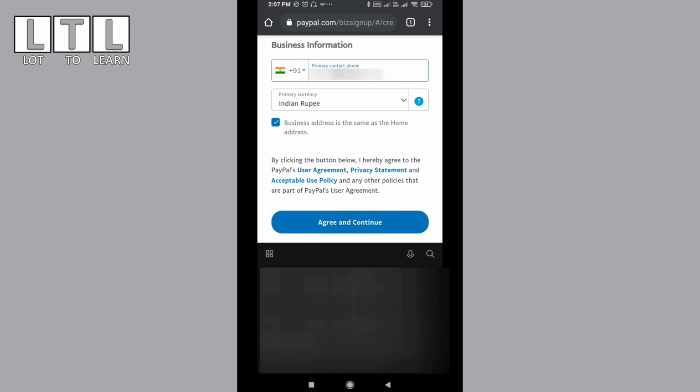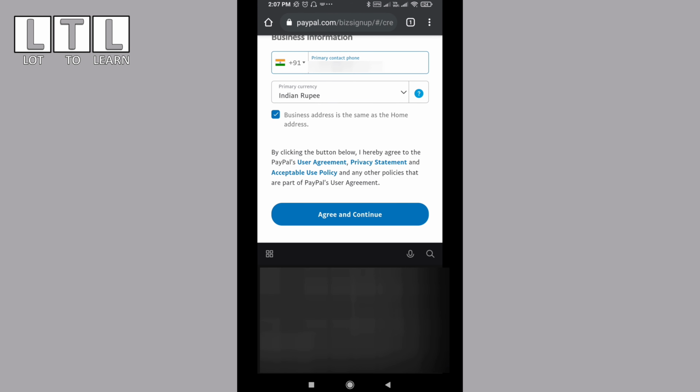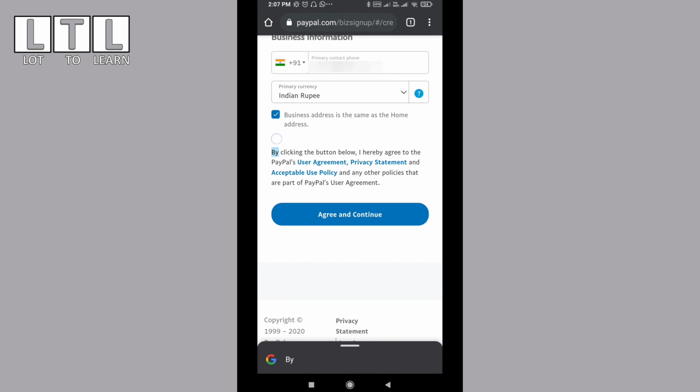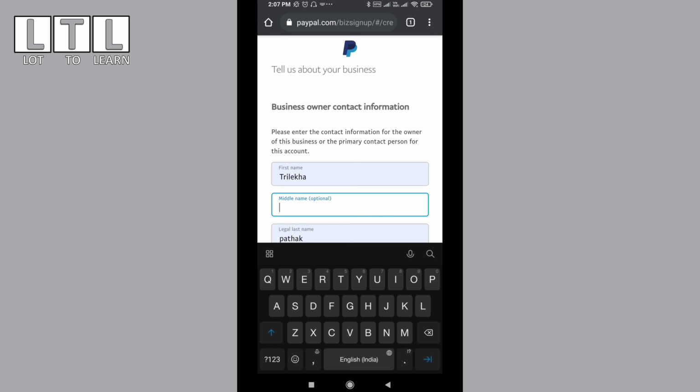Then primary currency Indian rupees, and then there should be a check mark in this box. Business address is same as the home address if it is actually the same. So my business address is same as my home address, so I'm going to click on agree and continue.